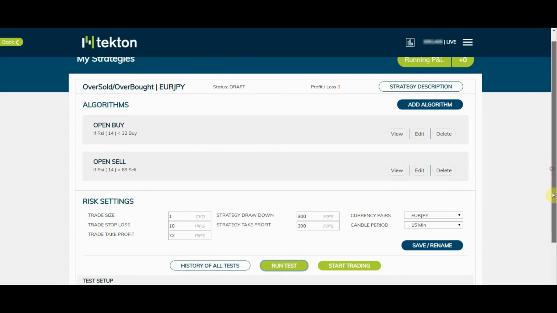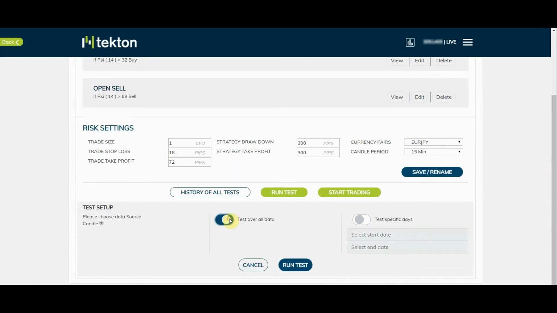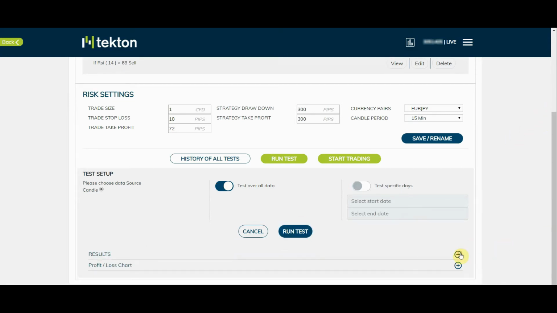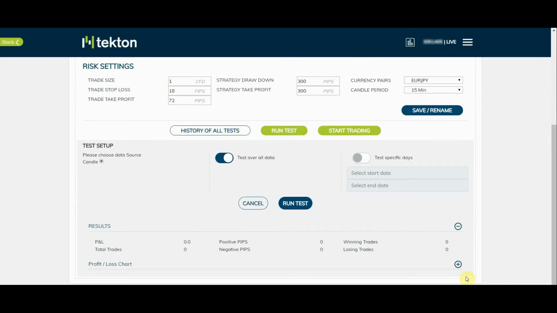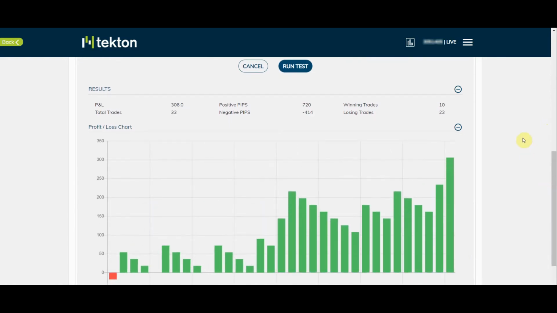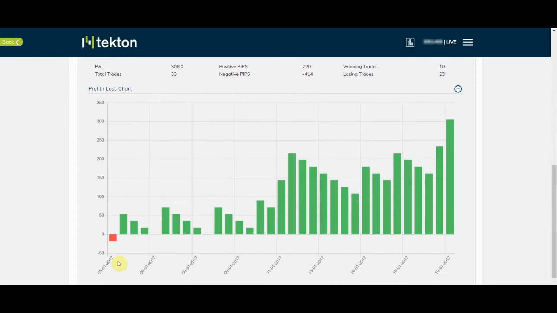So now I'm going to click run test. I'm going to scroll down. I'm going to test over all data. I'm going to run the test, and I'm going to see exactly what happens. Here we can see the results as they come through, and here we will see the chart. Okay, so now as you can see, it's testing over the whole data that we have starting in 2017,